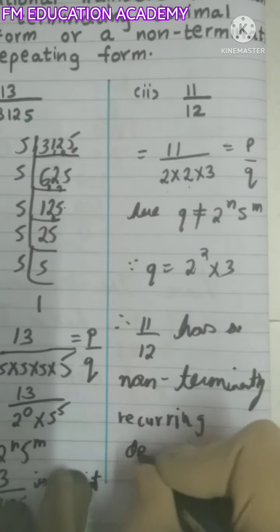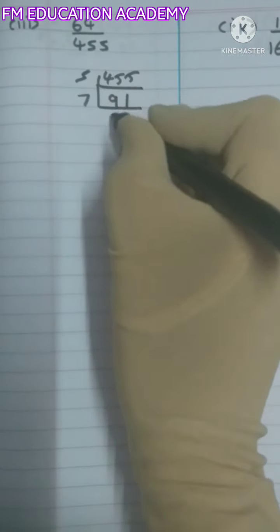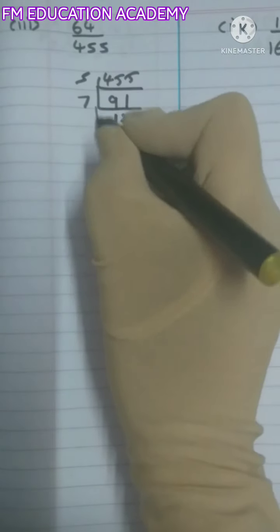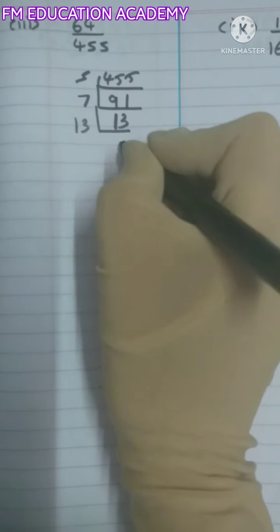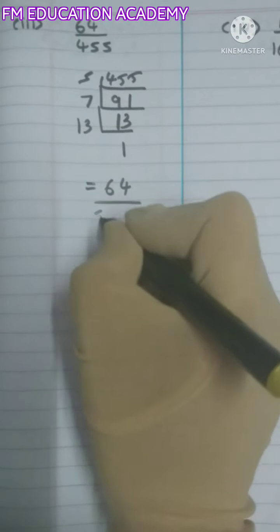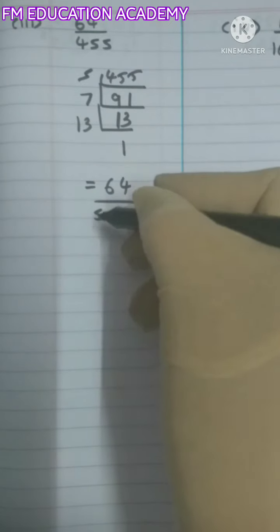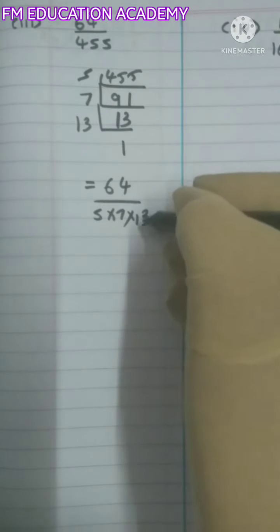Okay, it is 64 by 455. So find out the prime factorization of 455. 5 9s are 45, 5 1s are 5, 7 1s are 7, 9 minus 7 is 2, 1, 7 3s are 21. And 13 1s are 13 we have. So we can write 455 as 5 into 7 into 13. So again, along with 5 we also have 7 and 13. Therefore